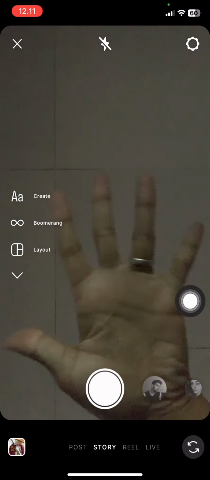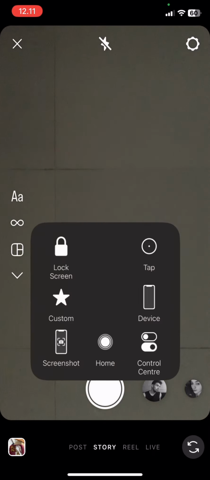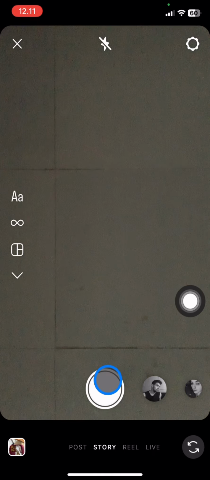Swipe Instagram to the right side, so you will get the Instagram story camera. Now you just need to capture a random photo right here. Right after you get the picture,